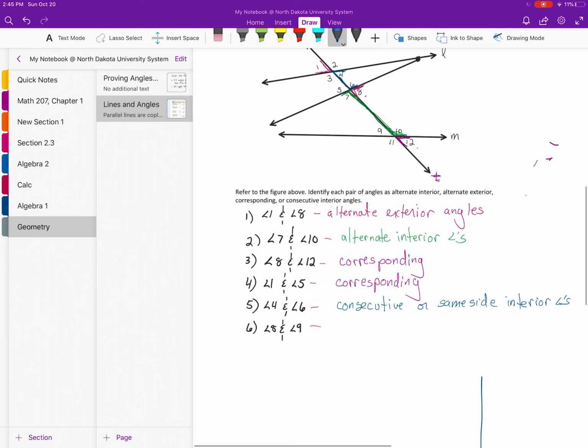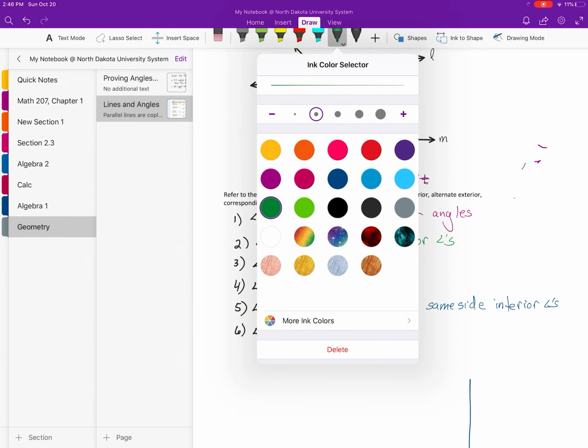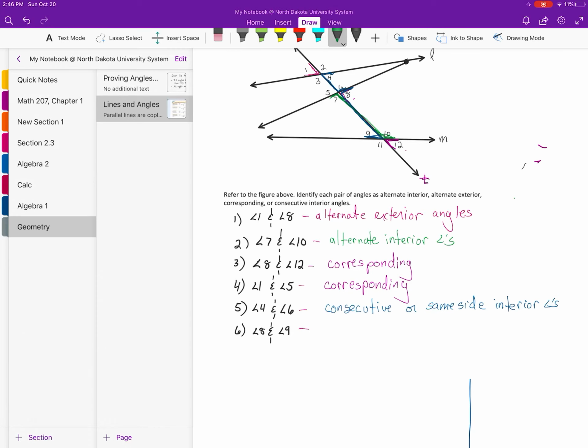And 8 and 9 look like those might be, does it make a Z? Let's find out. Yes, it does. It's a backward Z. But it's a Z, and those are then alternate interior angles, right? So we will do a lot of practice with